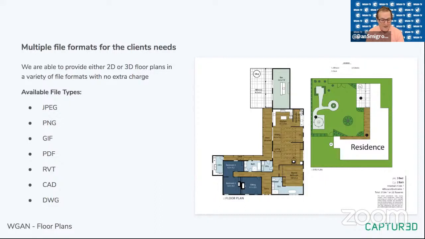So with Matterport, I'm limited to $15 for under 10,000 square feet. And then if I want to get a space that's over 10,000 square feet, it's going to cost me $30. And then if it's over 25,000 square feet, Matterport won't even touch it. And then in terms of file formats, Matterport's going to only give me PNG, SVG, and PDF in black and white. There's no option for color.